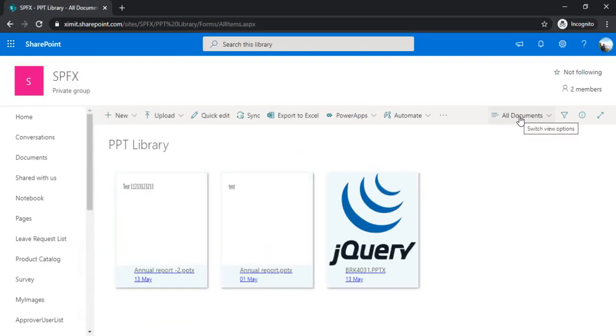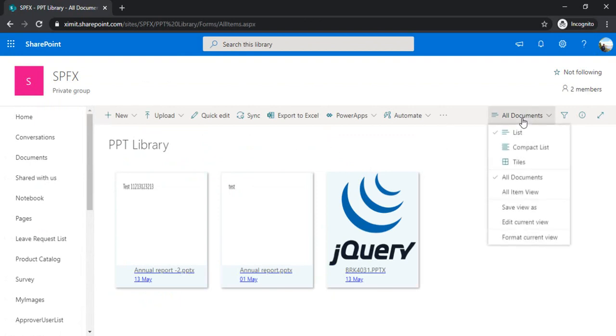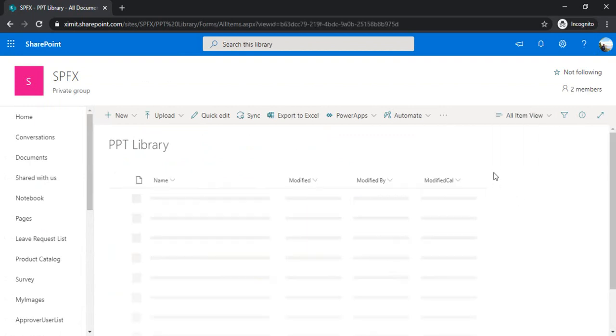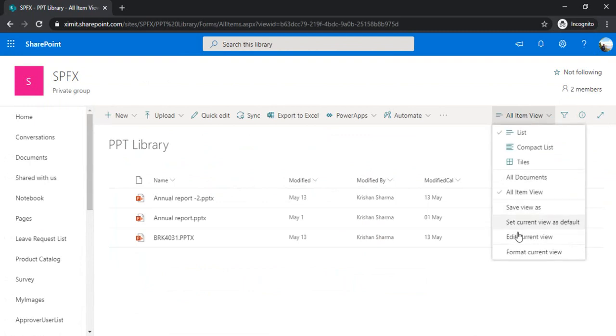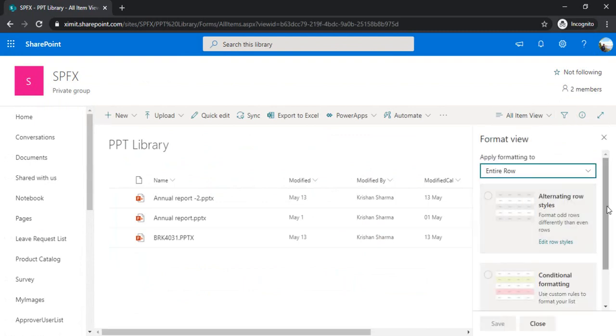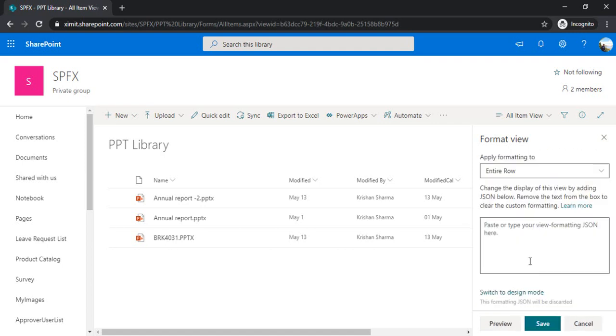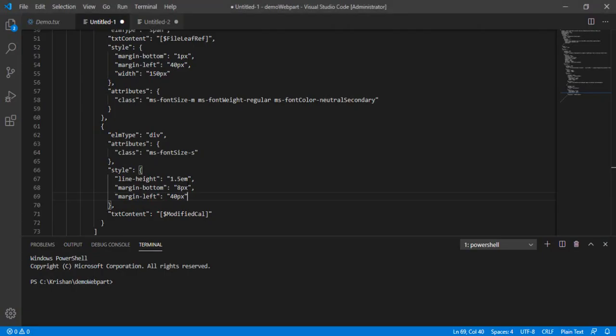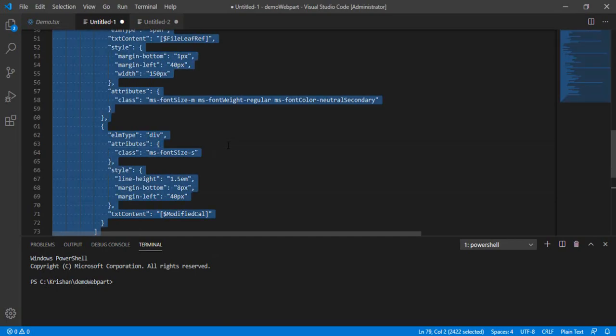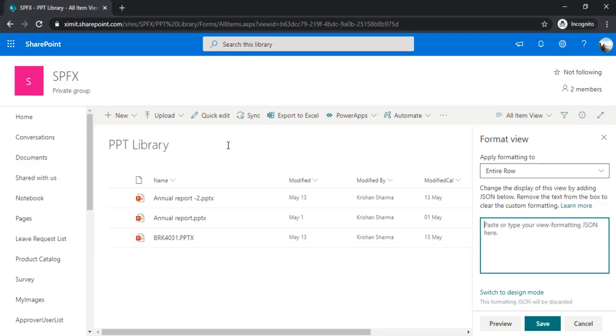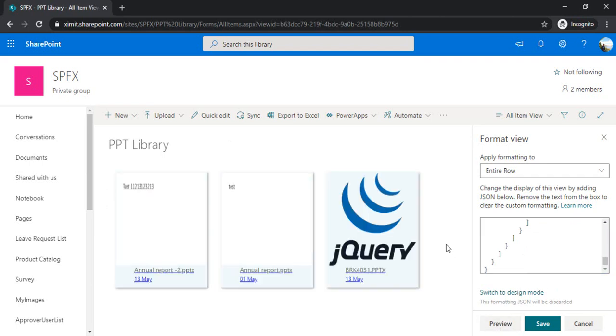Going back to my view, I'm turning back to my all item view and modifying the current view, selecting entire row in the advanced option, and whatever JSON we have there, we can paste that out. You can preview it.